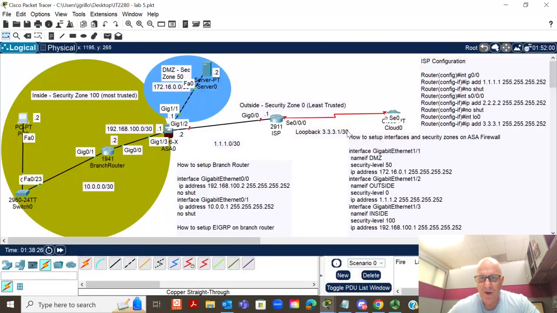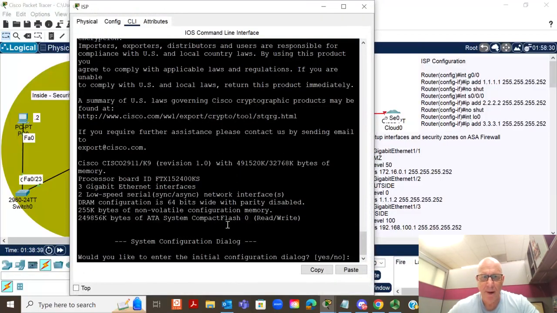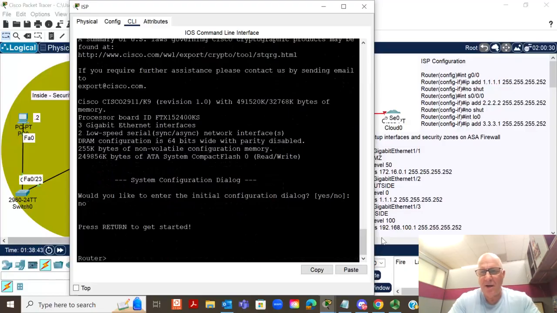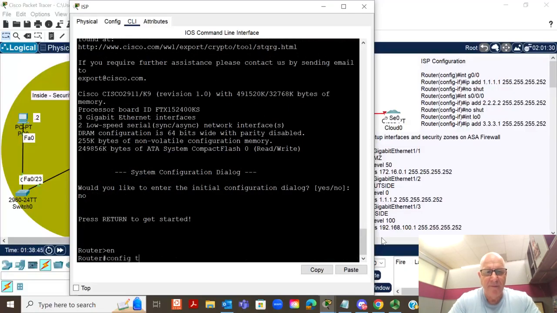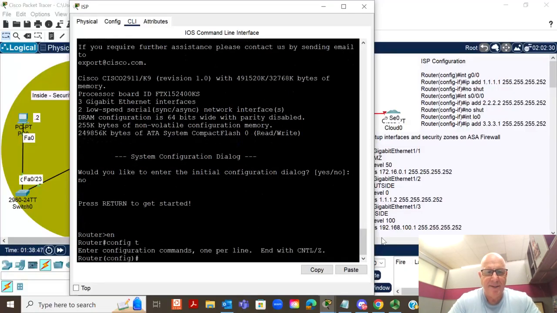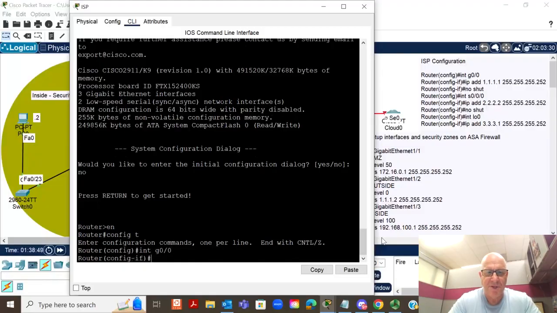And we're going to create a loopback interface on the ISP to represent a network out there on the internet that we would theoretically want to reach. Okay, so we click on the ISP router, and for no, press enter, enable, config T, and type int g0/0, type IP add 1.1.1.1,